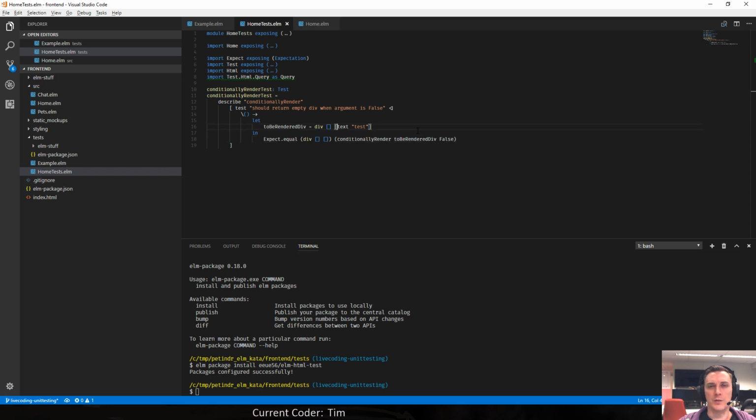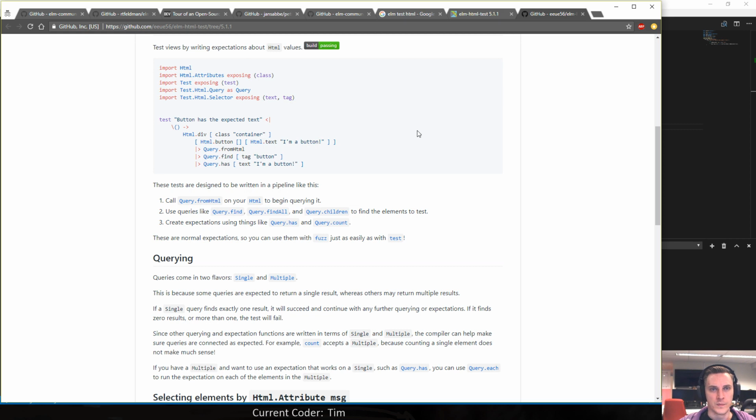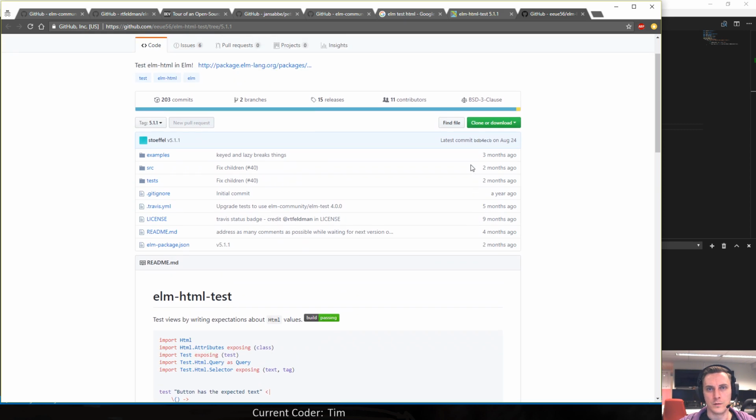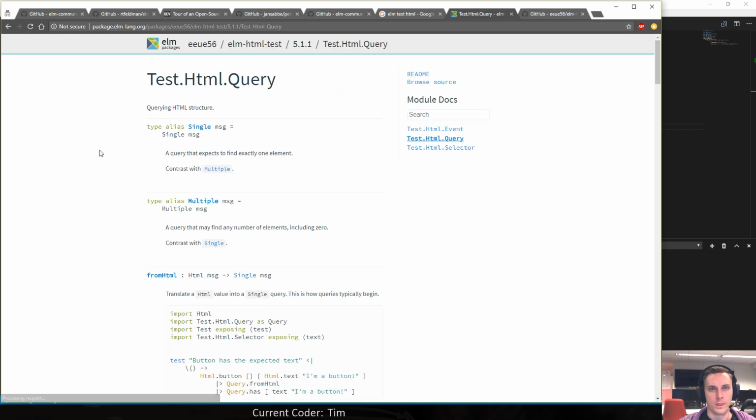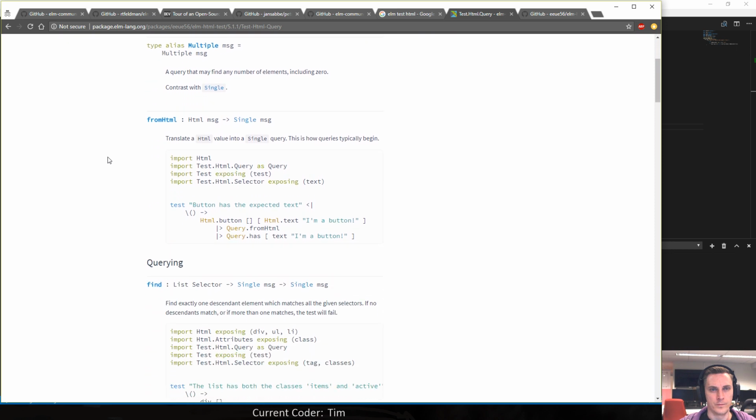So basically, I should test for non-existence of this text element. But I really want to test that it should be a completely empty div. How do you do that? Query. Go back to this thing. Translate an HTML value into a single query.